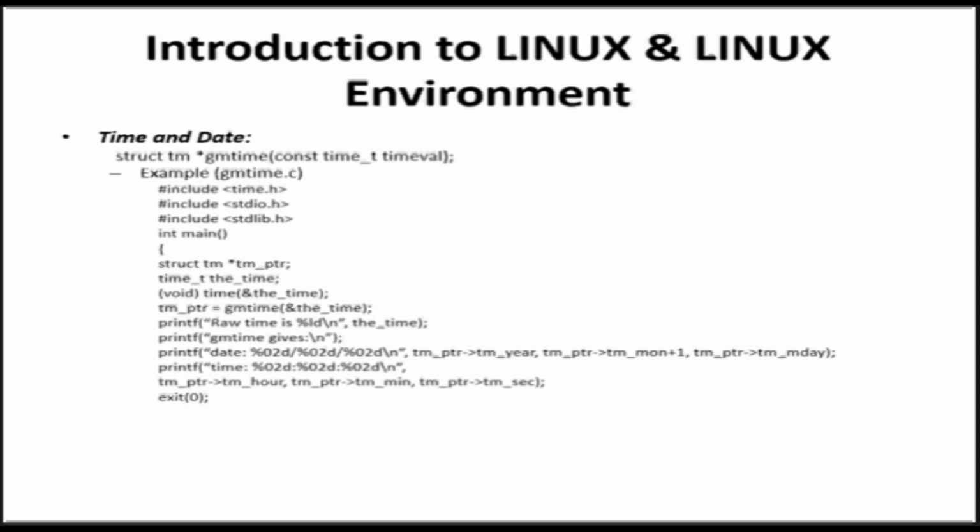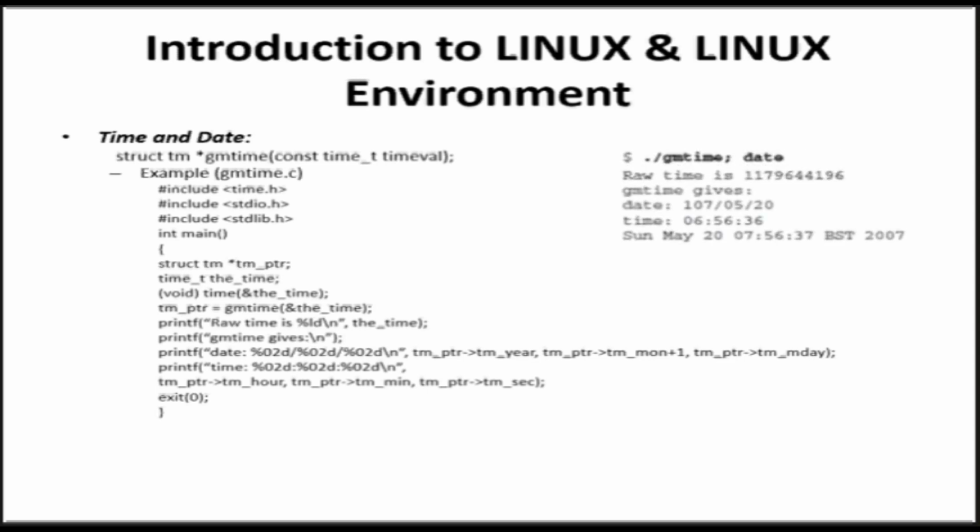Now when I run this program, I will get the output like the one that is shown on the screen, which contains the date. As I specified, either time or date may be represented incorrectly. By looking into the date, it shows the date value is 107, which is not a valid date. So to see the local time, we need to use the function called localtime instead.